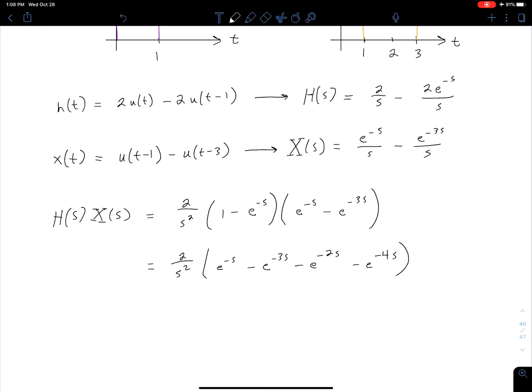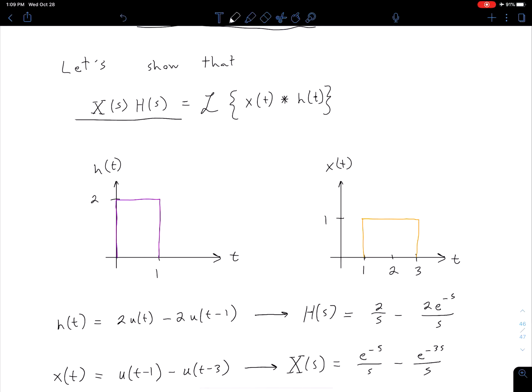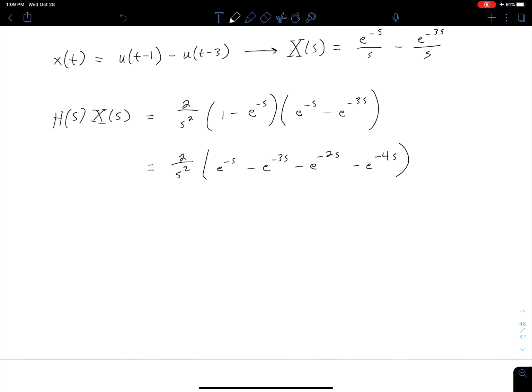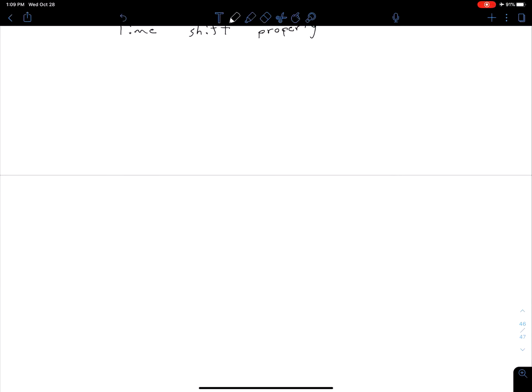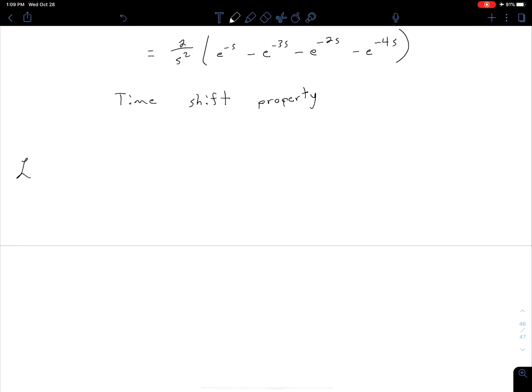So what we can do now is we want to inverse Laplace transform this, because remember, this is equal to the Laplace transform of our convolution. So what we want to do is take the inverse Laplace transform, and so we can pretty easily do this using our time shift property. But again, we're just relying on our tables because we already have this sort of in simple form. We don't have to use partial fraction expansion or anything like that. So using this time shift property, we can say that the inverse Laplace transform of our x of s times h of s